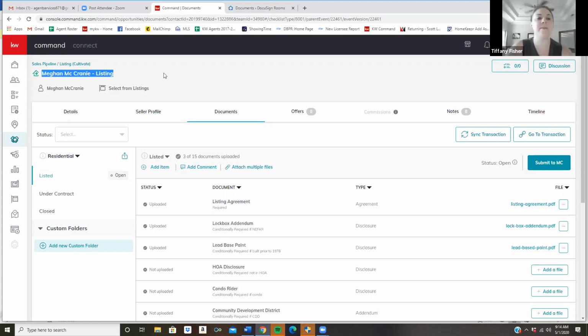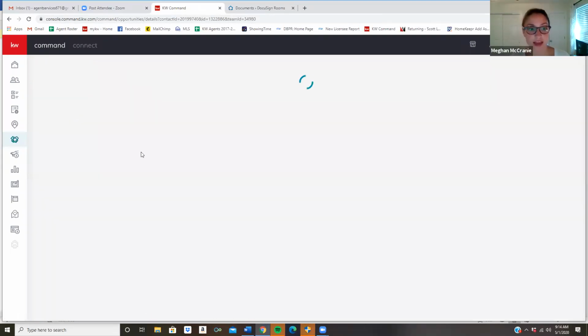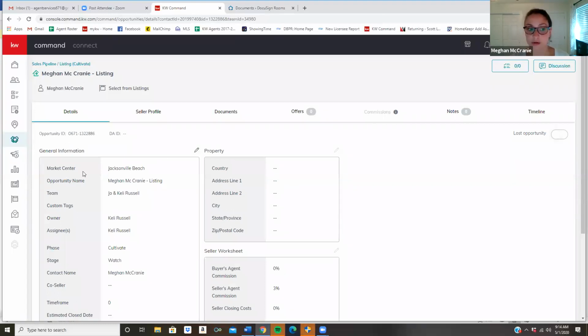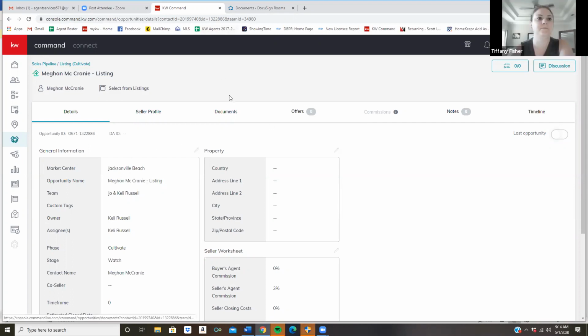So as long as you're renaming the opportunity and making it appear as if the other contract never happened, you're just renaming everything, it should be fine. Correct. Okay. So you would just go to details, and then there's a little pencil, and that's where you can edit all of the details of the opportunity, including the opportunity name. Okay. Yeah. All right. Thank you. Yeah, no problem.